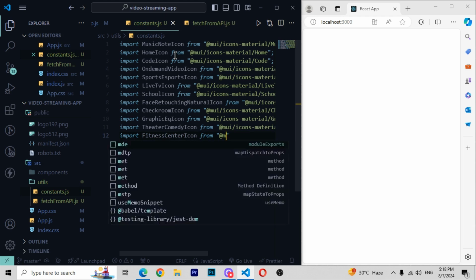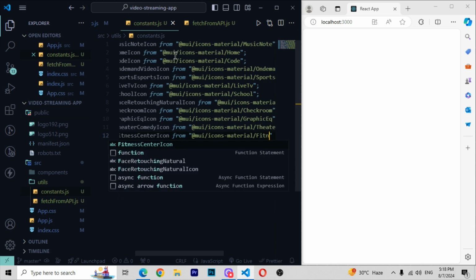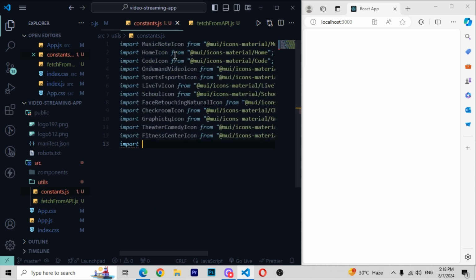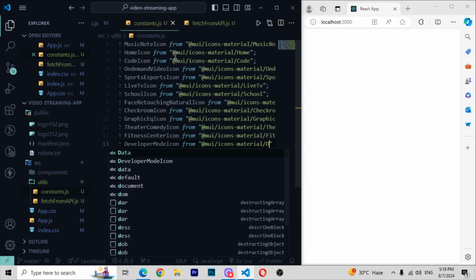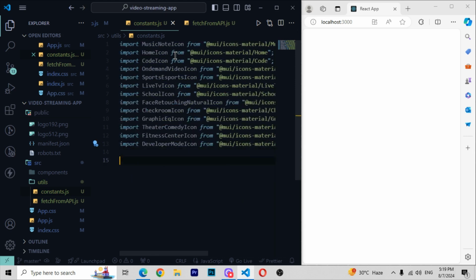@MUI/icons-material, then right here fitness center but remove the icon. Then import again developer, so here I will be writing developer mode icon from, and then right here MUI/icons-material, then you have to write here developer mode. So here I will be now writing that, and after doing that you have to write here